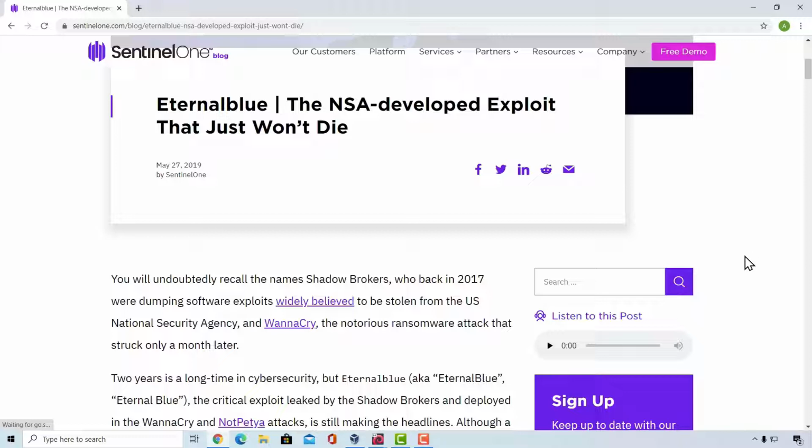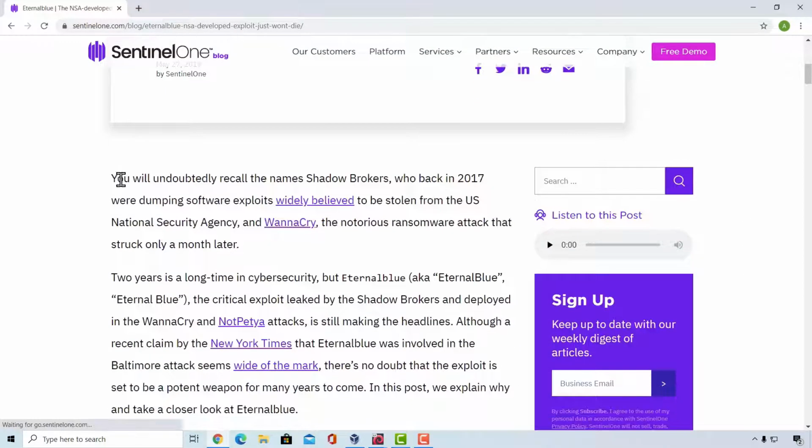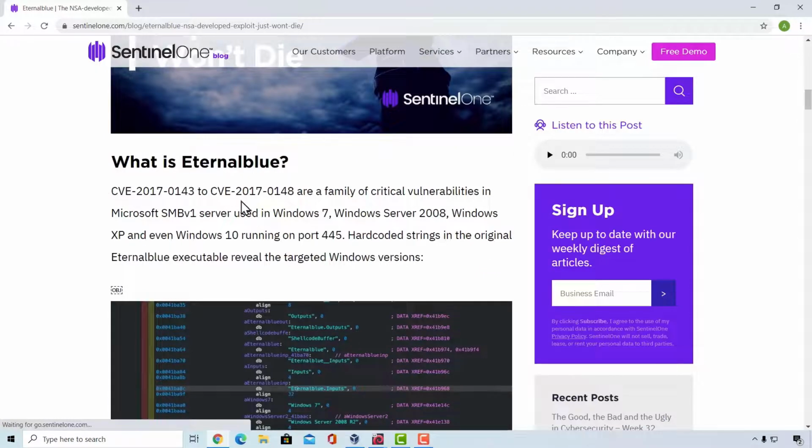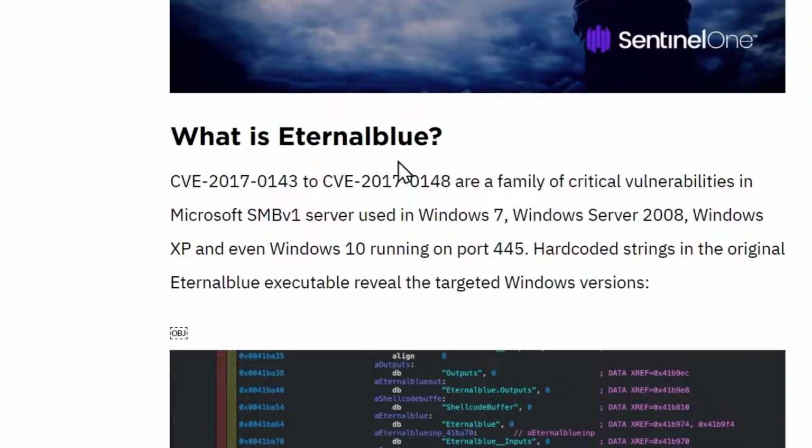As we can see right here, you will undoubtedly recall the name Shadow Brokers, who back in 2017 were dumping software exploits widely believed to be stolen from the USA National Security Agency, and WannaCry, the notorious ransomware attack that struck only a few months later. You can also read some other information about the exploit, like what is Eternal Blue, and we can see its